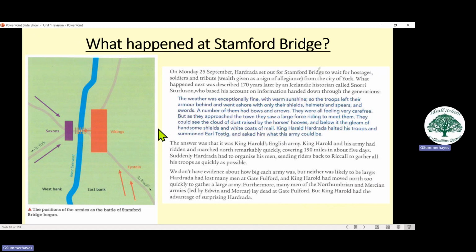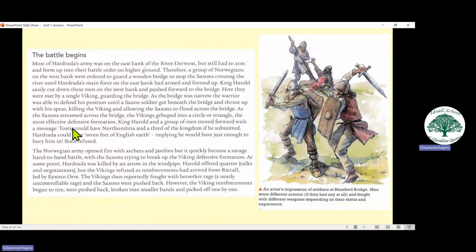The Saxons marched incredibly quickly, took 5 days to get north, and took the Vikings by surprise, killed quite a lot of them until the berserker on the bridge took a lot of the Saxon army out. Eventually, the Saxons stab him up the bum from below in a boat, and then flooded over the bridge, killed the Vikings who had not got time to get back to their ships to get their armour, and Hardrada and Tostig were both killed.